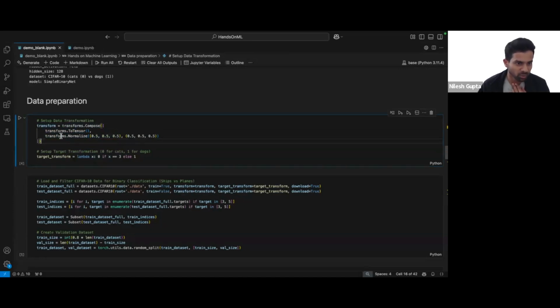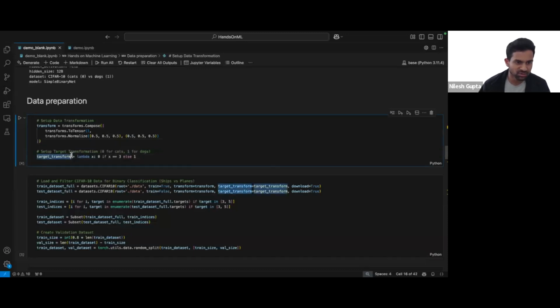So here we have composed two transforms to be applied on an image. First, it converts it into a tensor. The second normalizes your image by this mean and this standard deviation. In the next cell we'll see how you pass this function. So it just creates a transform function here, and then you can also optionally